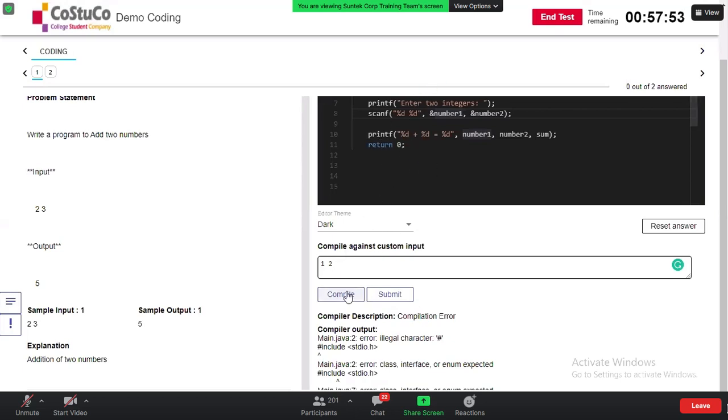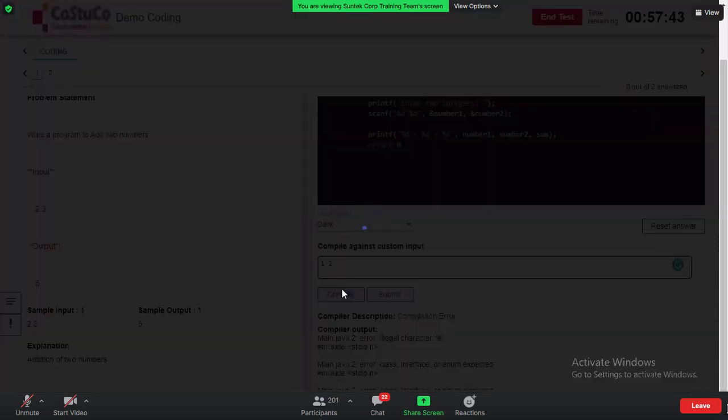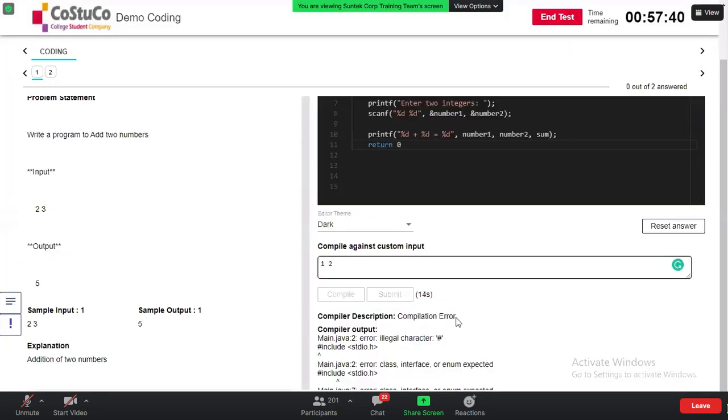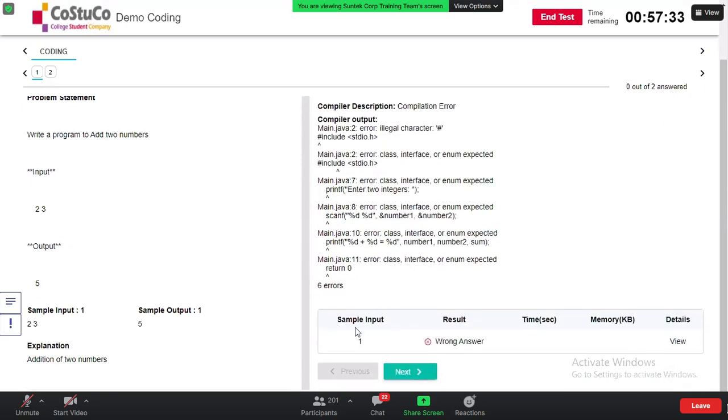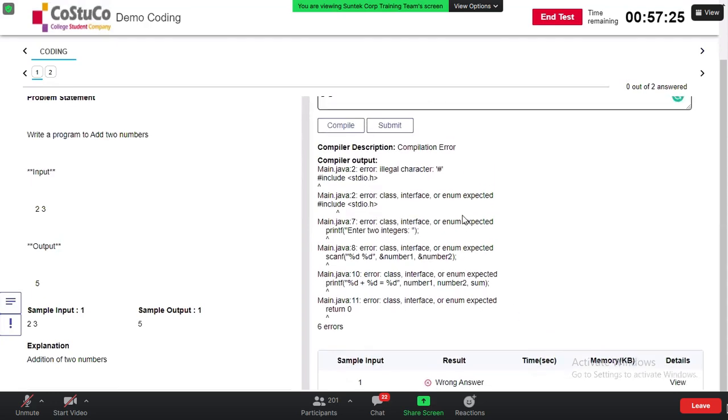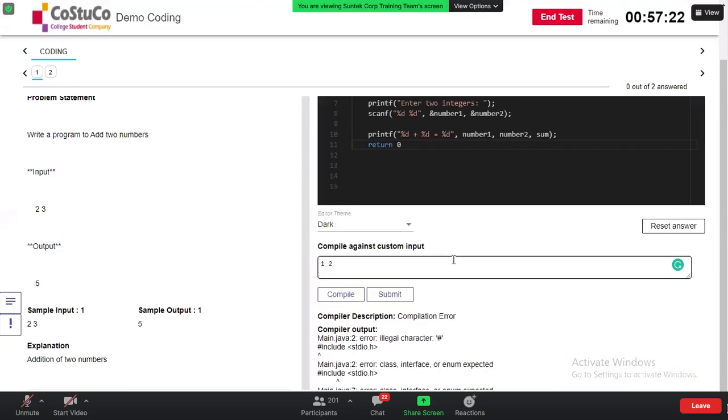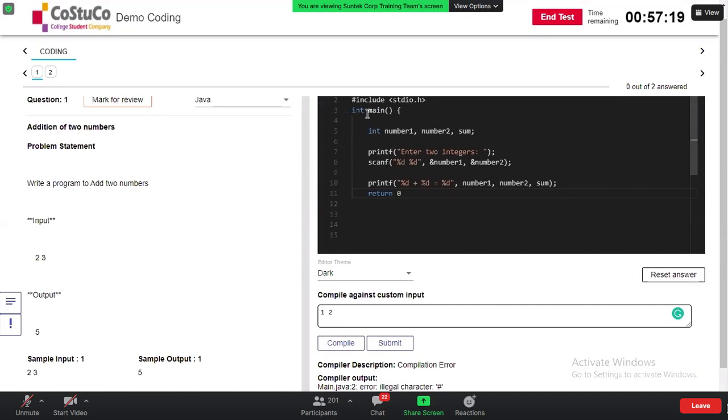And let's say you're right, compile means what? Like, if you wanted to understand if there are any errors, like I'm removing a semicolon here. When I click on compile, it shows me that there is some compilation error that I have missed. And what line I have the compilation error on also appears here. And it shows whether the result is a wrong answer or a correct answer, and the time that I have consumed and the memory and all also will be visible. Right now I didn't write anything, that's why it's not showing up. But when you write the code, it will completely show up. So I hope I'm clear with this.